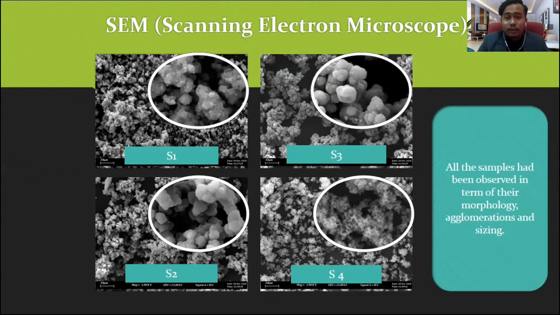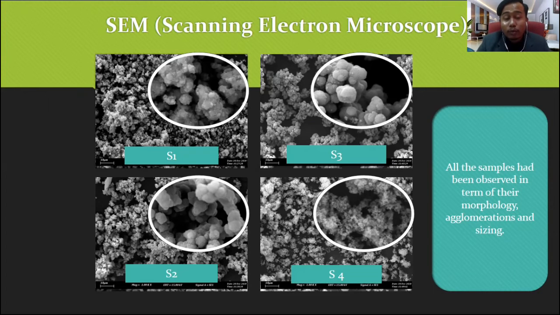For the first analysis process, which is SEM, as you can see here, we had four pictures: sample 1, sample 2, sample 3, and sample 4. All the pictures had a magnification of 1000, with a reference to the 5000 magnification in the circle on each picture. From this, we can see the agglomeration rate of the samples, the sizing of the nanoparticles of the sample,